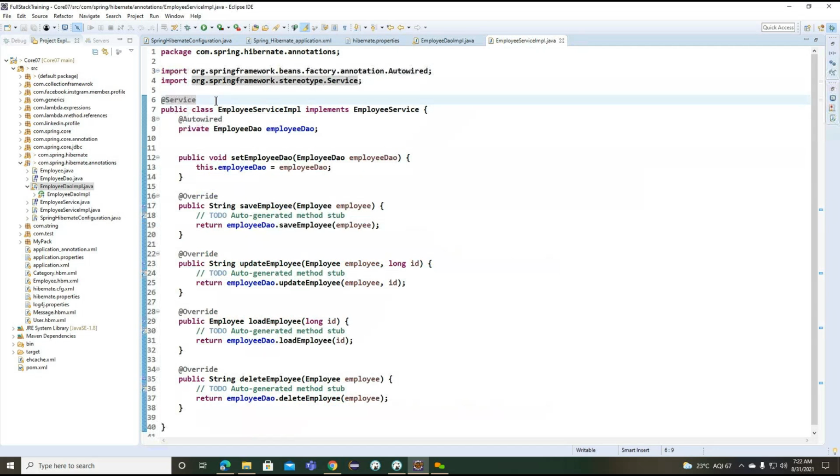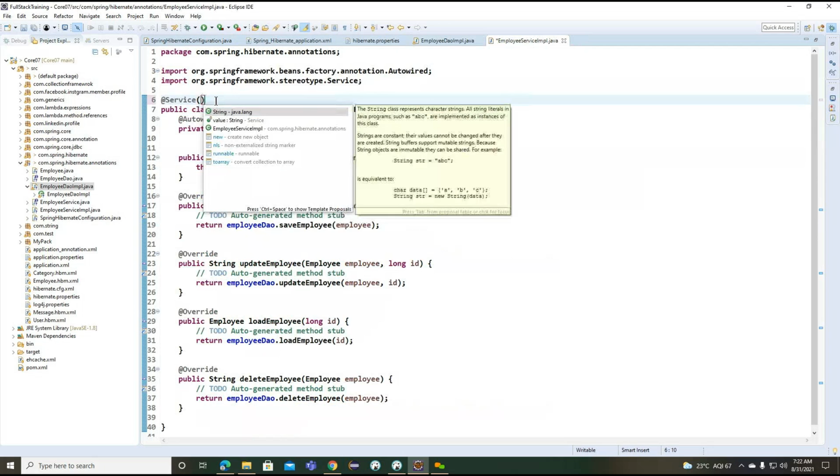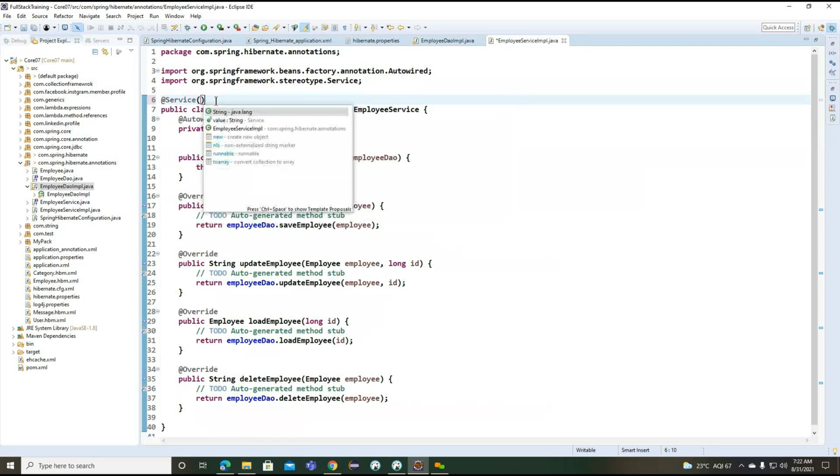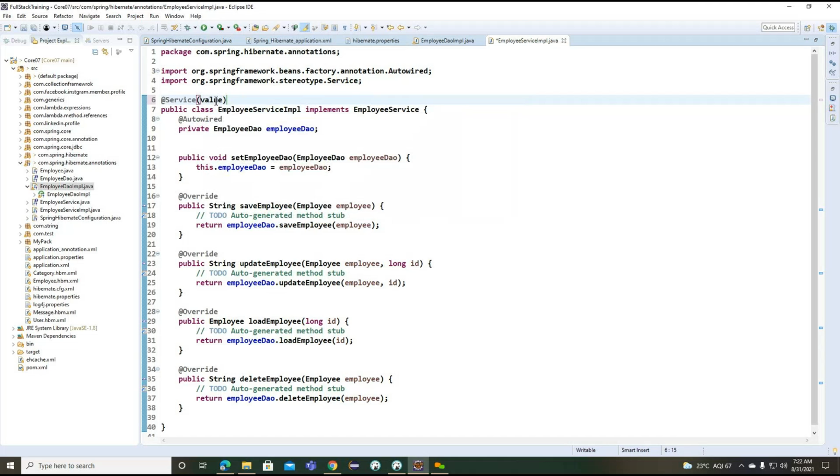Now here I want to use the value attribute. So what is the value I want to load here? Whenever we use value, we can define whatever name we want to provide.